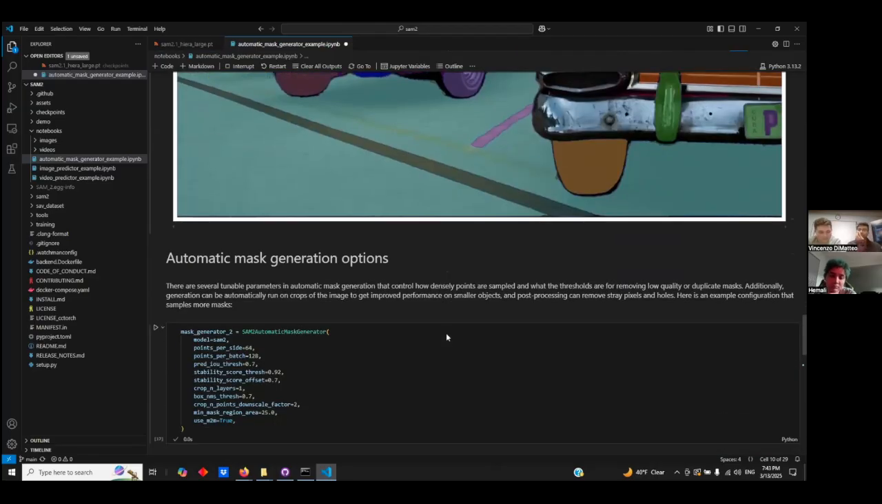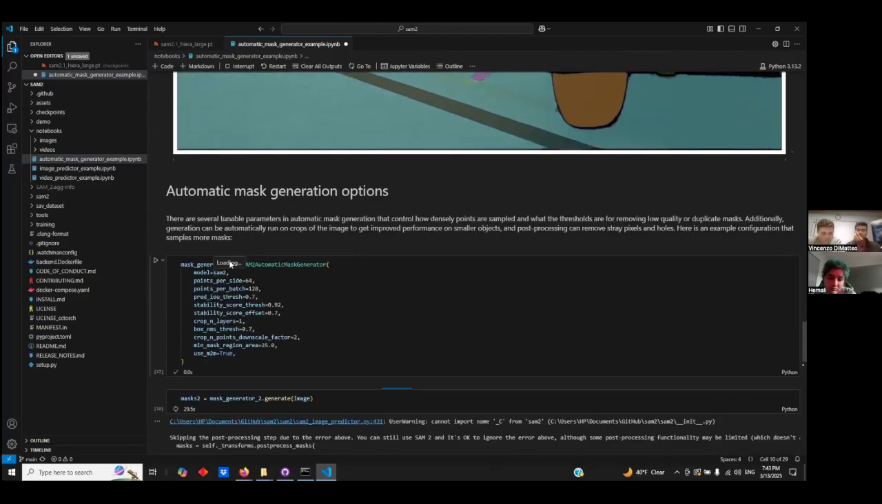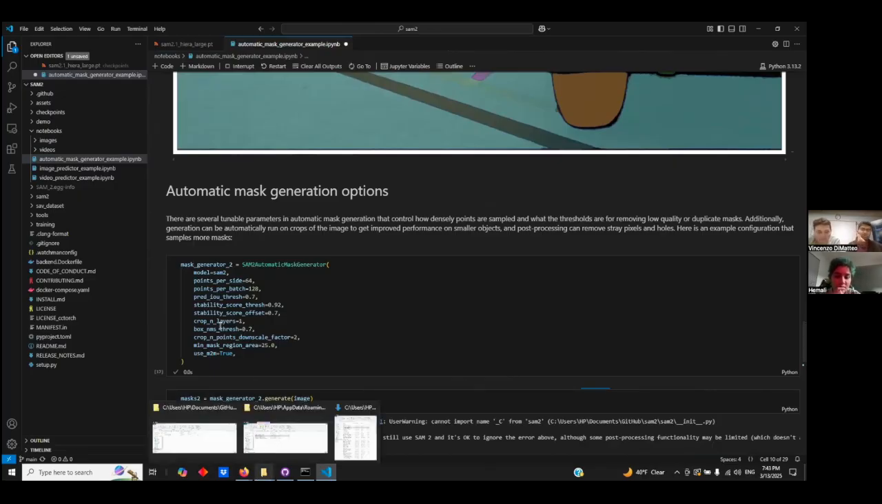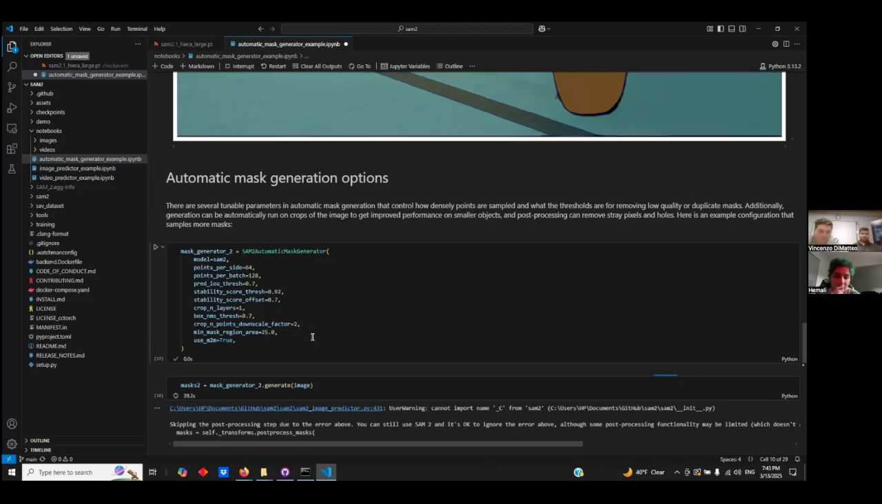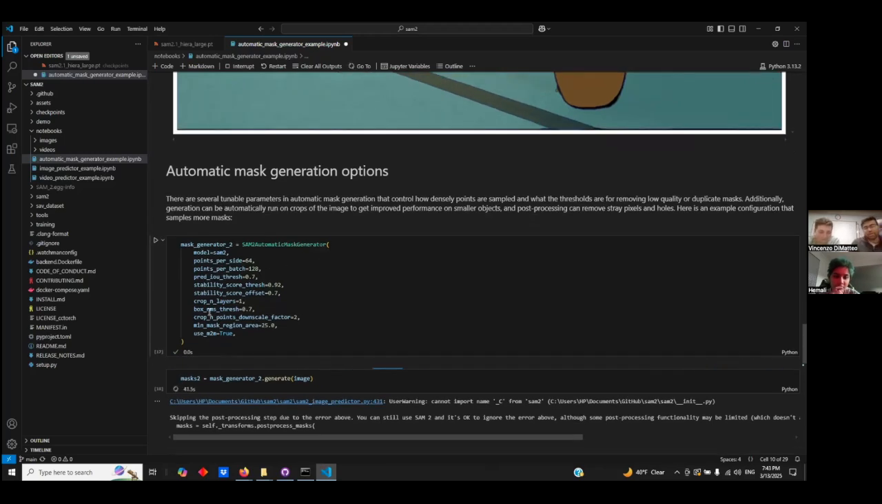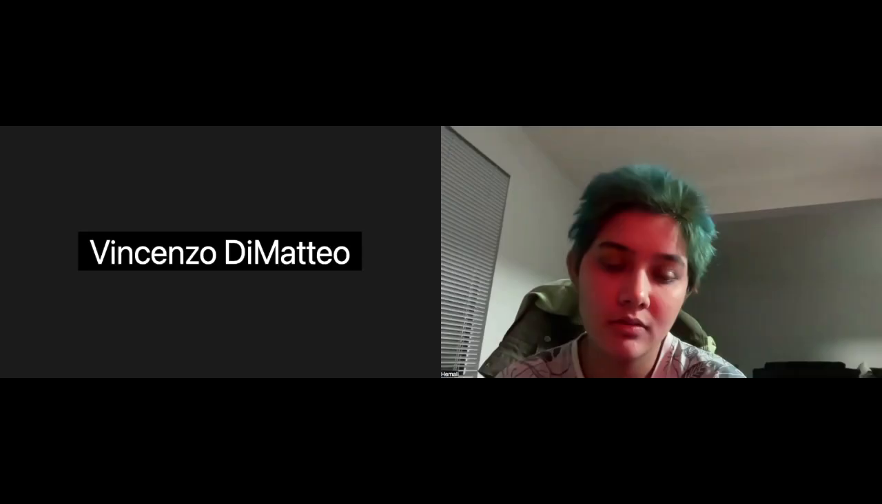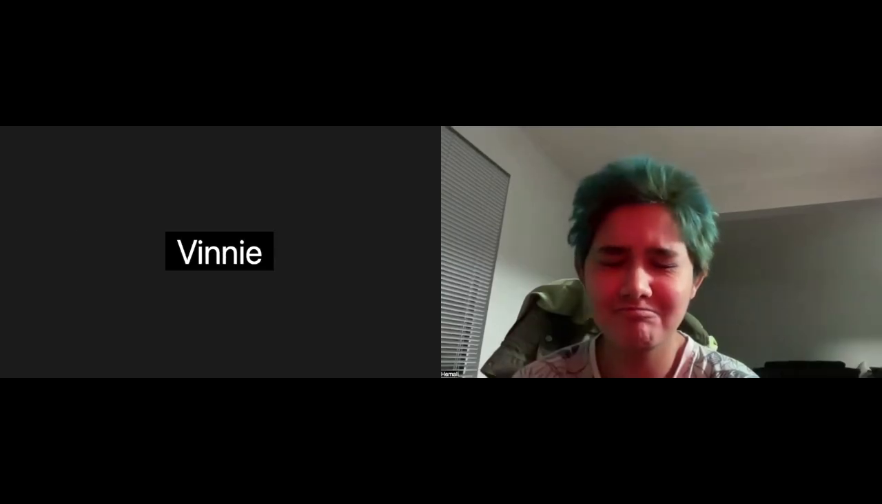Yeah. Parameters that you might want to play with. For instance, maybe how many points you want, or how many points per side. What's your threshold for a satisfied segmentation? Yeah, it crashed my computer. Anyway,